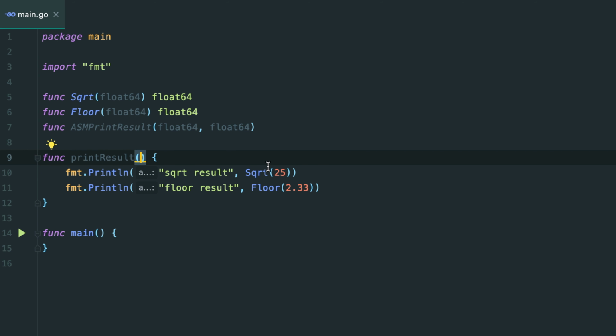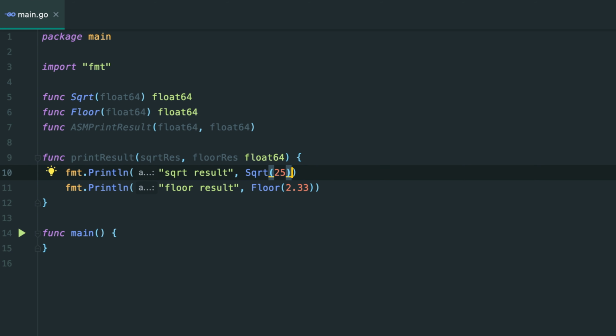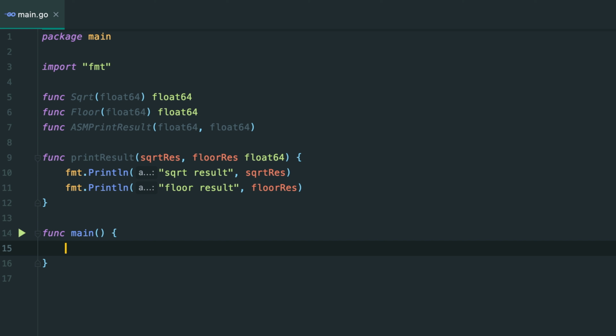And instead of executing these functions directly inside the print result, we want to receive them as arguments. So this function right here will pass these two arguments to this print result function externally from the outside world. First of all, we want to receive something called square root result. So let's say sqrt res, and we want floor result, so floor res, and they will both be float 64. And now we want to print this result instead of calling these functions directly. So let's print something like sqrt res, let's say floor res,